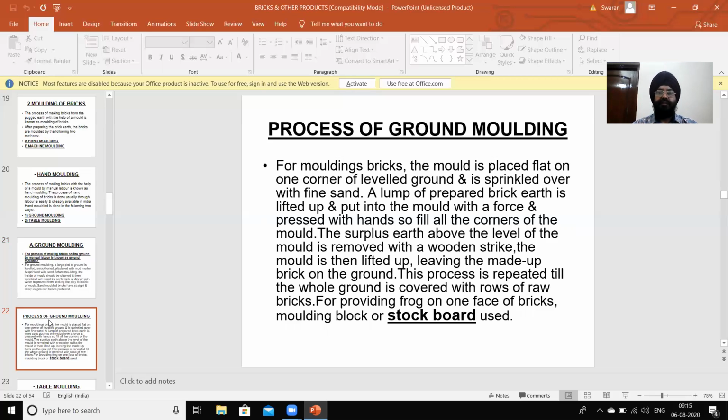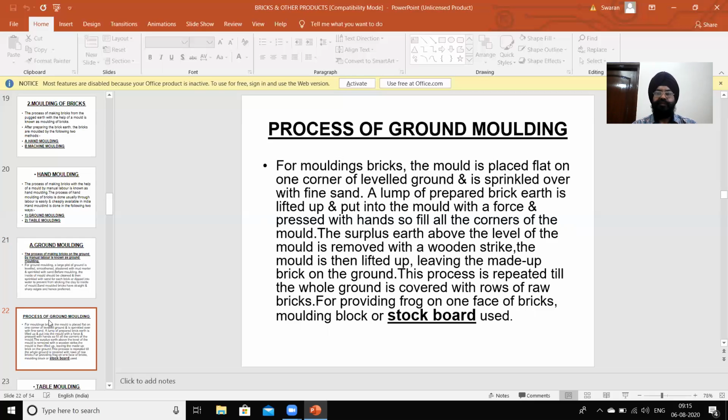For molding bricks, the mold is placed flat on one corner of the leveled ground and is sprinkled over with fine sand.